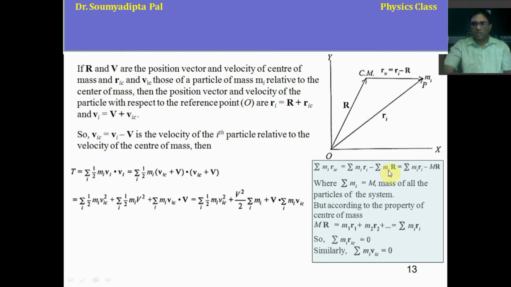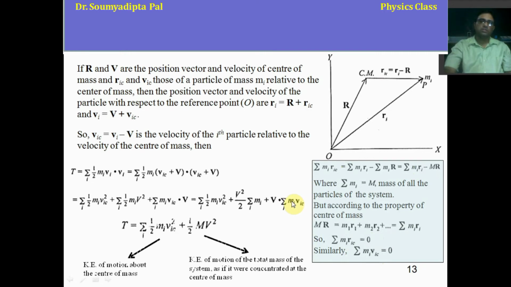So now this mi Ri is capital M R, and this is that term. Okay, so summation of mi is the total mass. Now from the concept of center of mass, we know this. Now here in place of capital M R, if we use this one, summation over mi Ri, it will be 0. So mi Ric is 0. Now if you take the time derivative, that will also be 0, and that's why mi Vic is 0. So this term will be 0, and we are left with these two terms. Here summation over mi is the capital M, that's what we are using here.